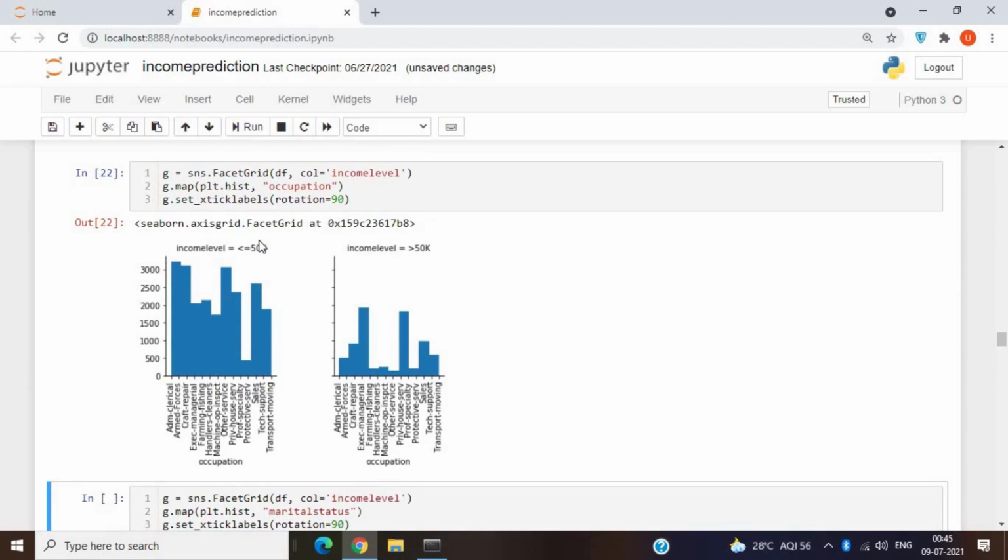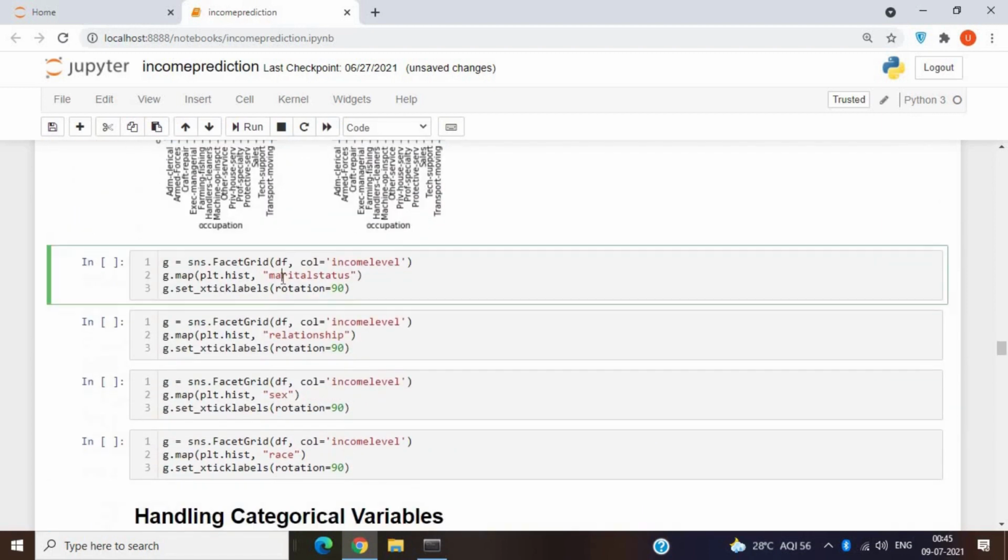Here we can see that most of the people in ADM clerical, armed forces, and other services have a higher chance that their income level will be less than or equal to 50,000, and the sectors such as executive, managerial, private house services, and sales may have more people with the income level greater than 50,000. Moving forward,